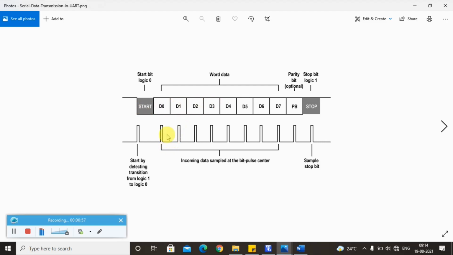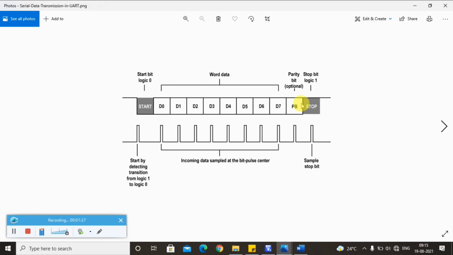Here you can see there is active low and active high. Active low is 0 and active high is 1. So in that form the data is sent serially, one bit at a time. After that you can see there is a stop bit. This is usually 1 or 2 bits in length, and it is sent after the data bits packet to indicate the end of the frame. So usually the stop bit is always logically high.